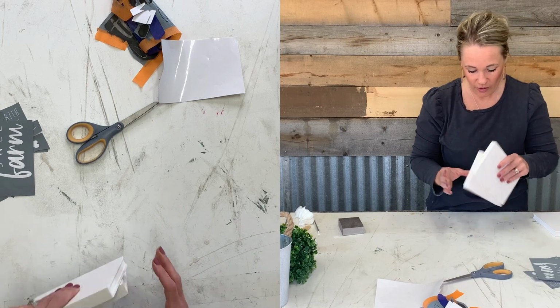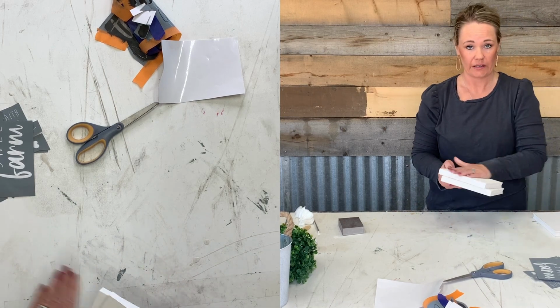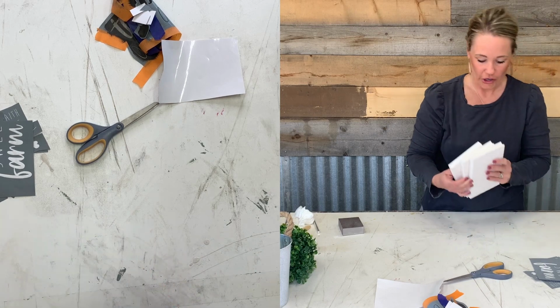They're ready to go. I do like the edges to show a little bit, so I did sand a little bit more. So the edges of the wood shows up and comes through. I like a thinner coat. You could do,